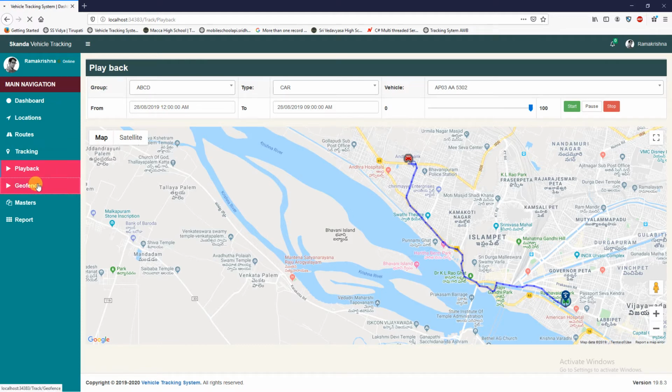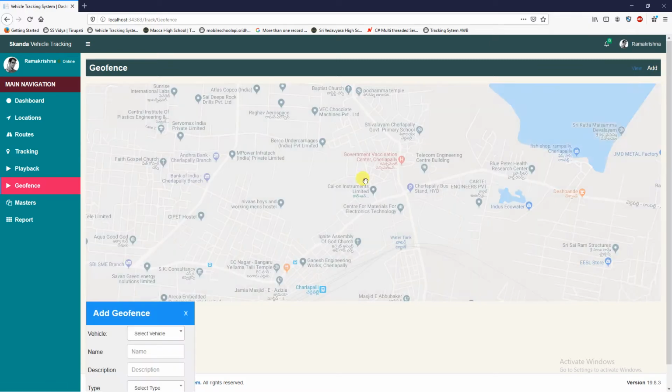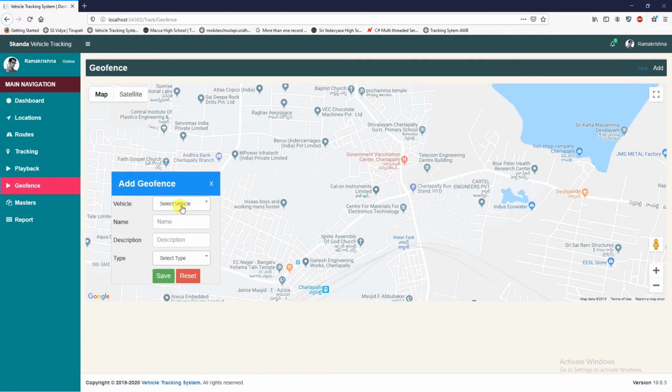Now geofence. In geofence we can add a certain circle, selecting the vehicle, a name, any name, a description, and we can select polygon, rectangle or circle. If you select circle, if the vehicle comes to this point,